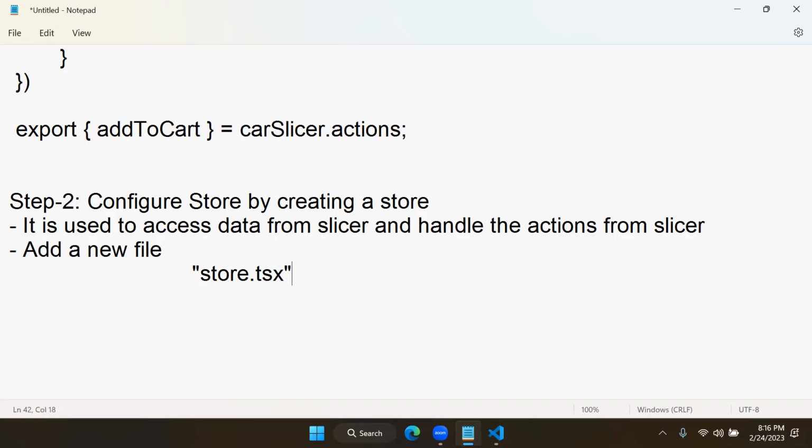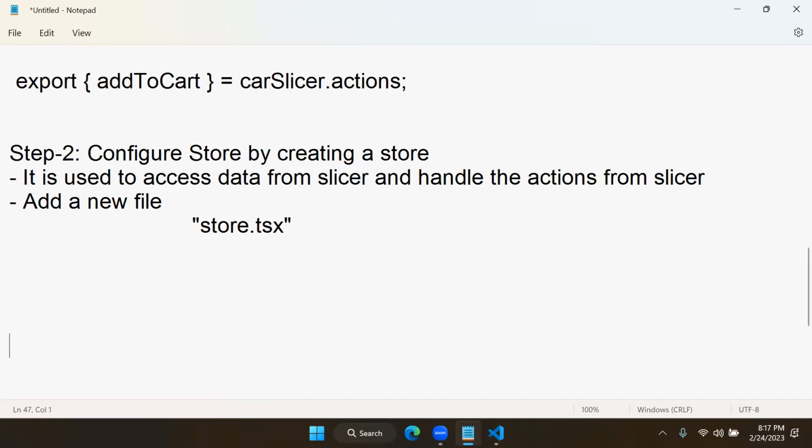You have to add store.tsx. Now you need to create a store. Actually, you need to configure the store and define the store. So what we have to do is create a store, and in that we need to define all the actions. For this, you have to import